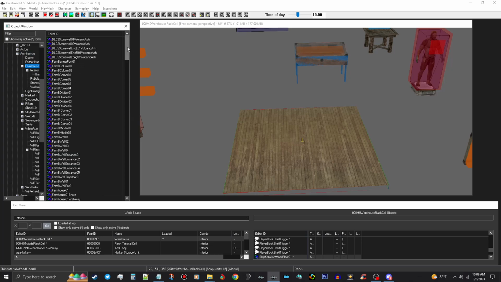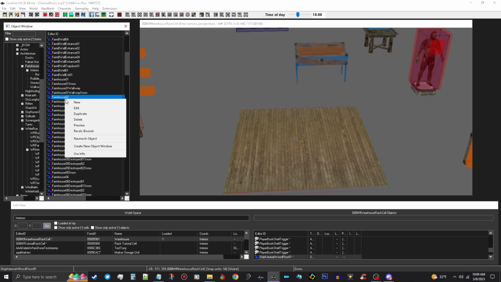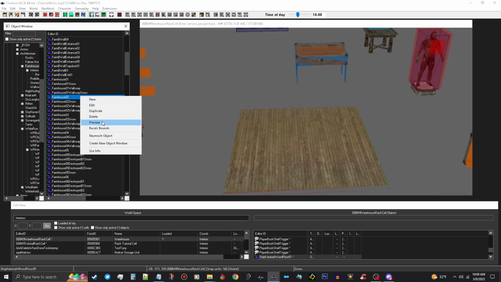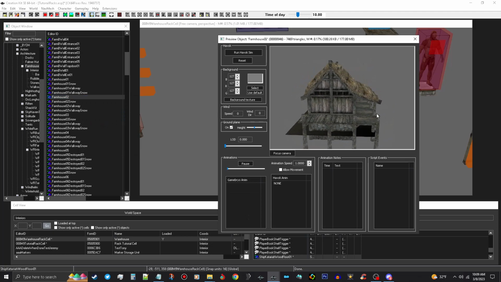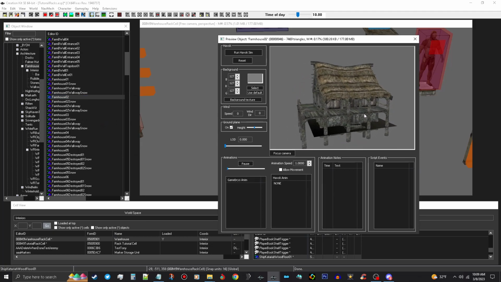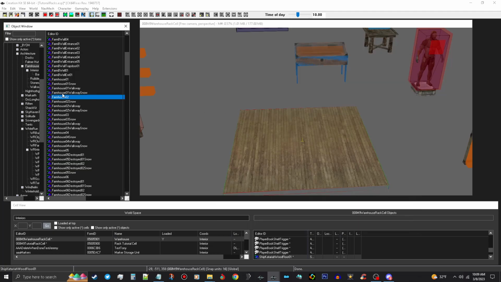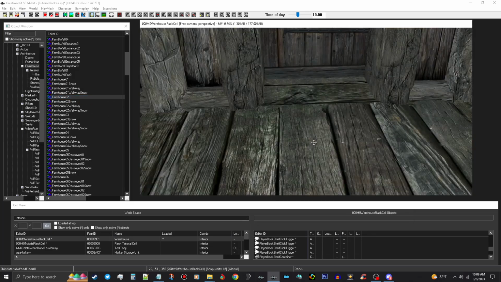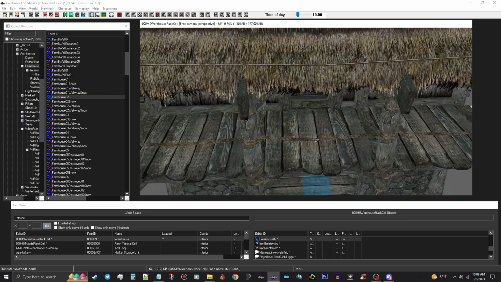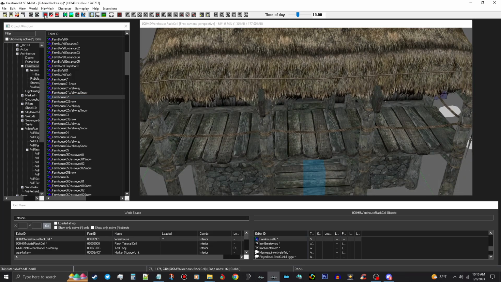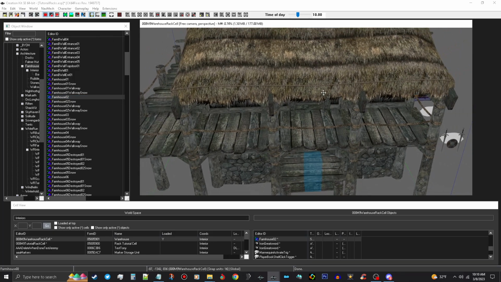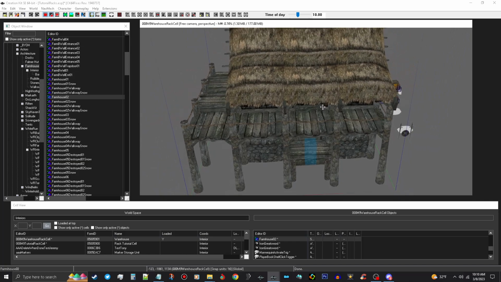Now the farmhouse is what we want. I'm going to use Farmhouse 2, which is this right here. This is, I think, Riverwood Trader. So I'm going to use that one, and I'm going to go ahead and drop that in there. Of course, it's going to be huge. That's okay. I'm going to turn on my snap to grid, snap to angle, and zoom out so I can move it around,